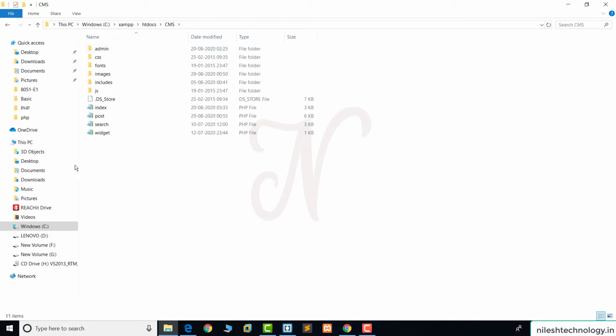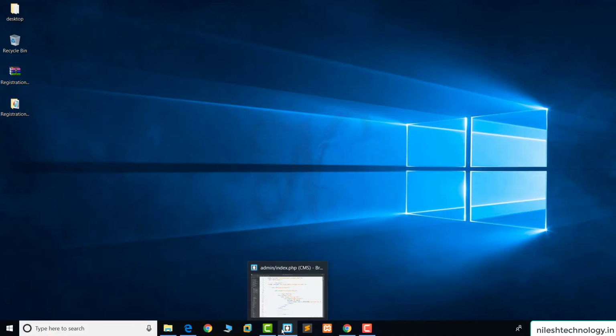This is my root directory. In this root directory we paste the registration.php file. Remember, this is my project location: XAMPP, htdocs and cms. Paste this registration.php file. Here is my Brackets editor.